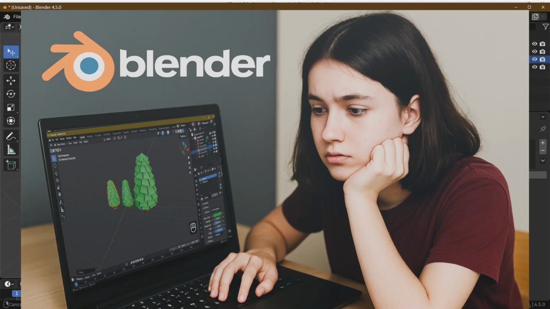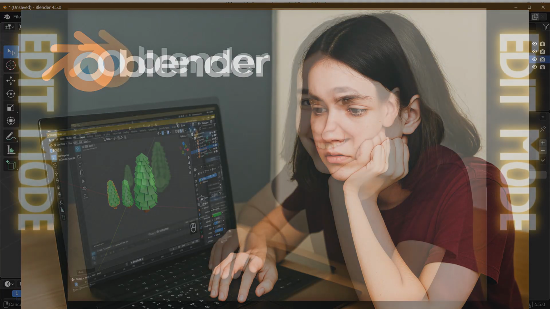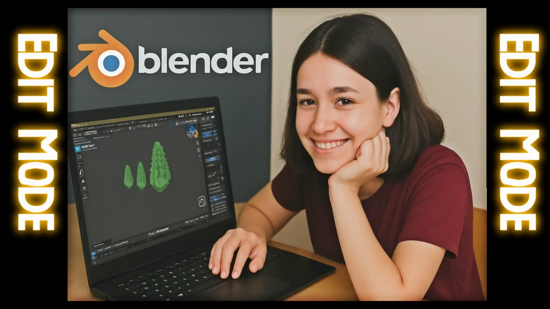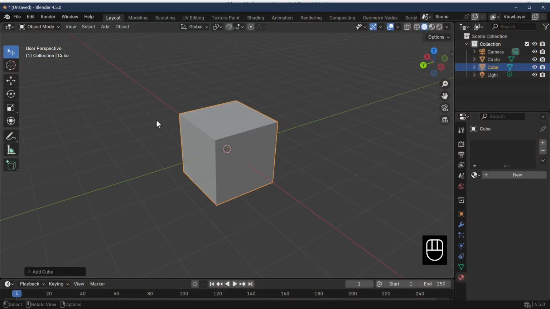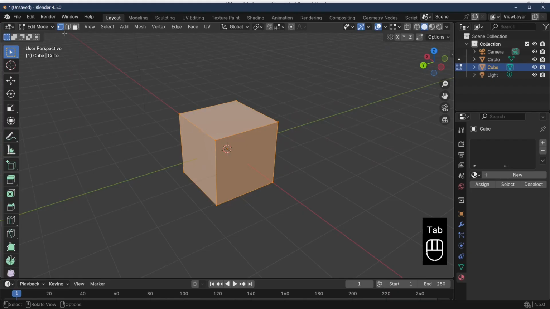In today's tutorial, what we're going to do is show how to manipulate a shape in edit mode. The reason we're doing this is because it allows us to make more complex shapes out of other shapes. We're going to learn how to manipulate an object just to make a more complex object. If we go into the Tab key, we've got the point, line and face select, which does